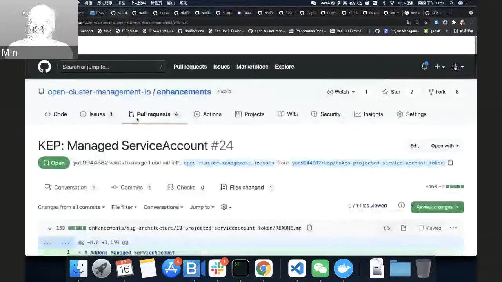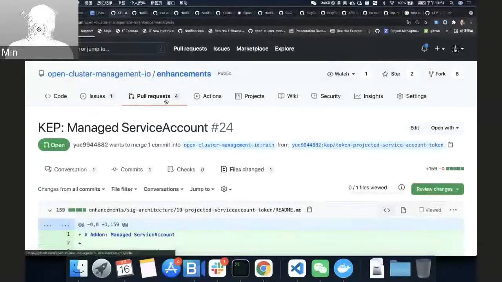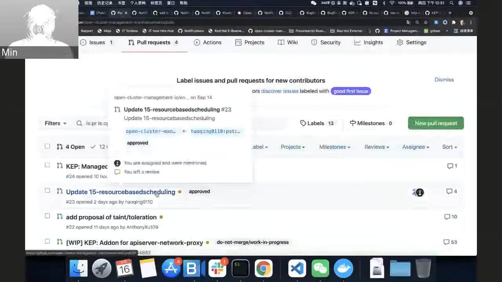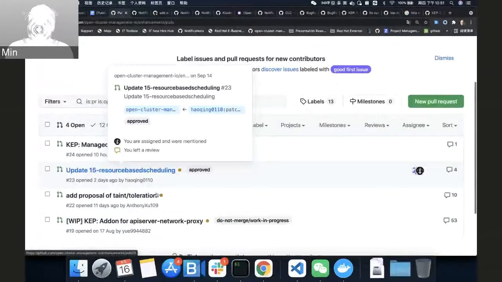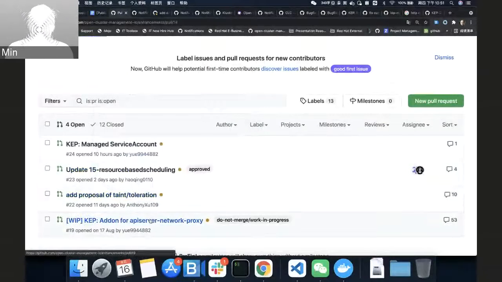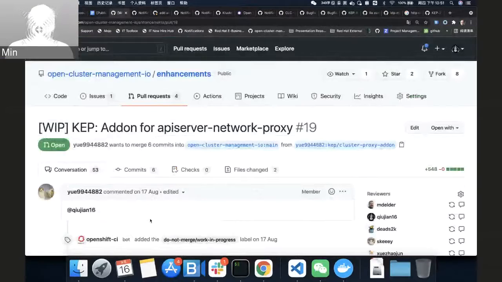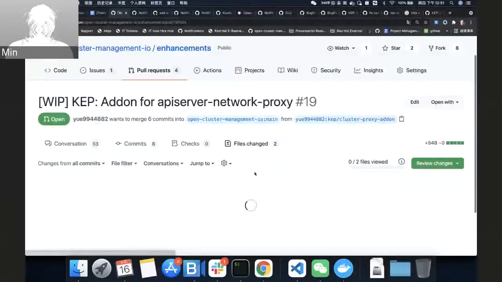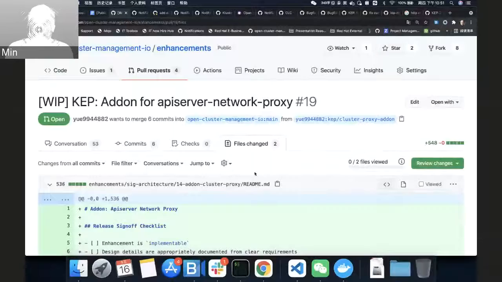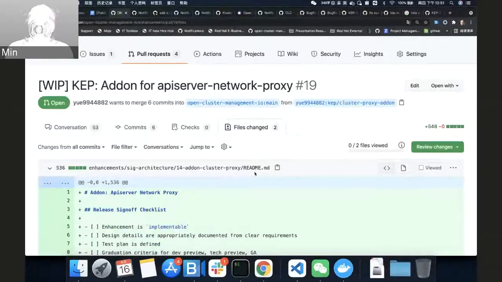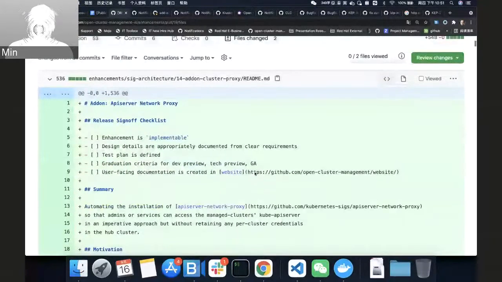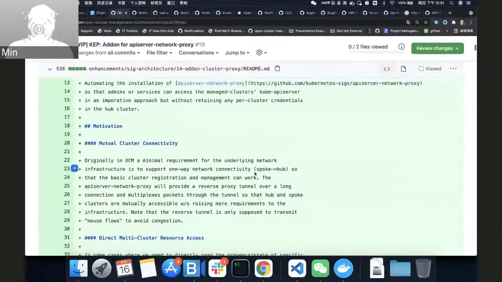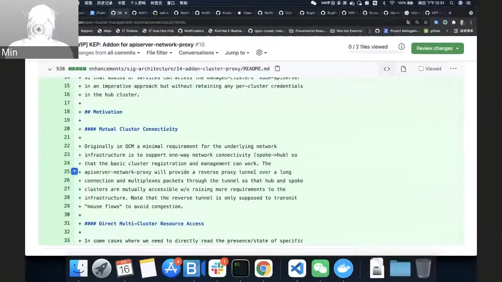And I actually decoupled the portion of managing or projecting the secrets or the credentials between the managed cluster and the hub cluster from the previous CAP, so we can leave the previous CAP focusing on solving the connectivity issue between the managed cluster and the hub cluster, and leave the authentication